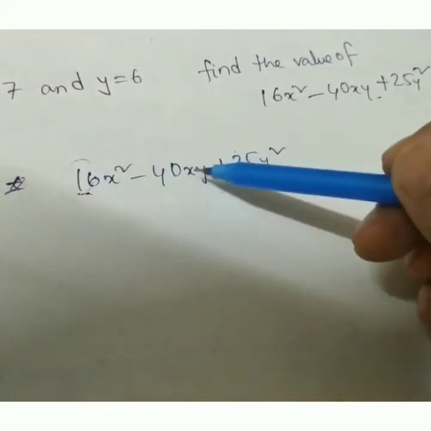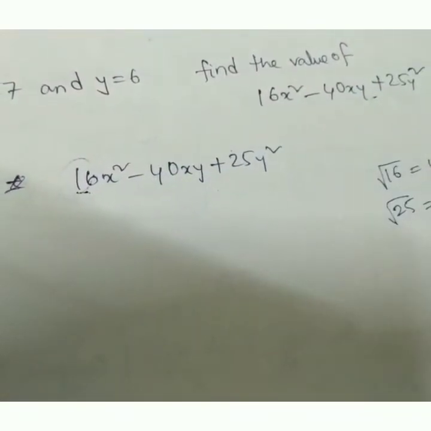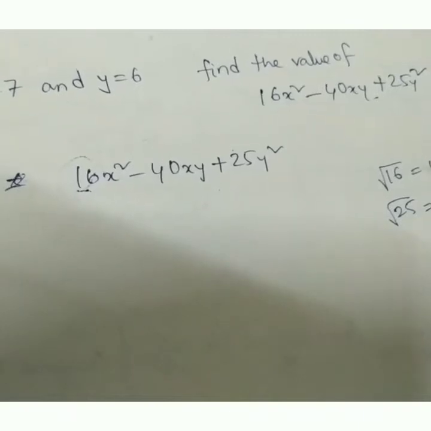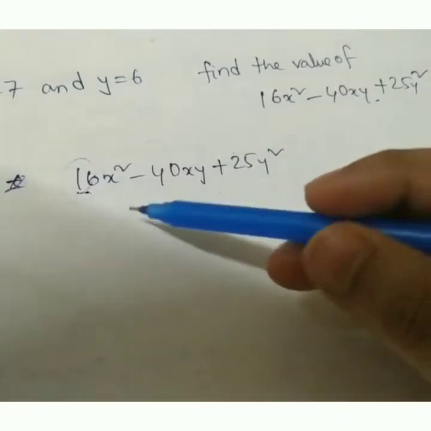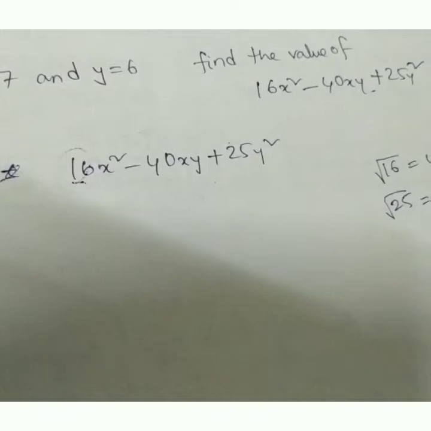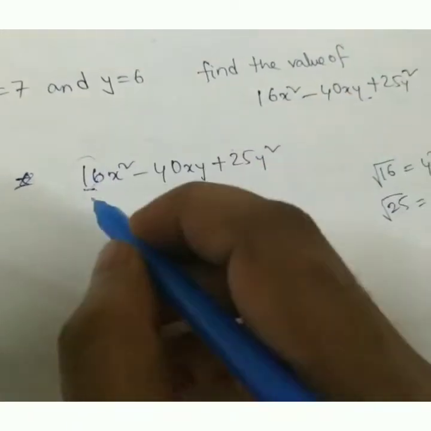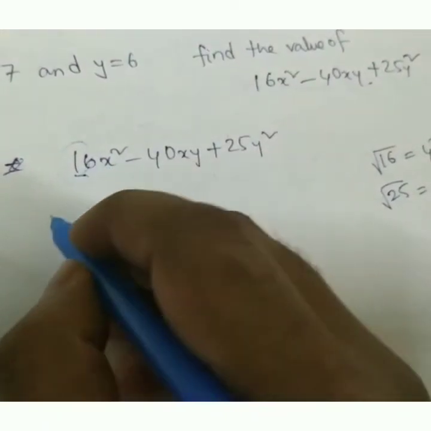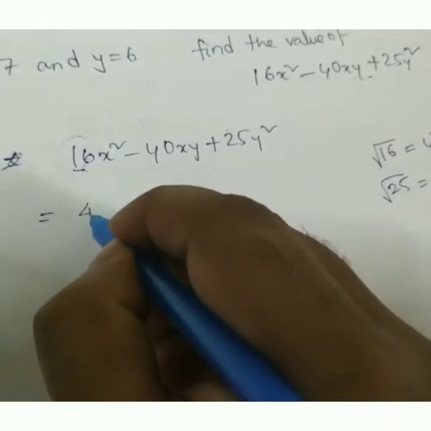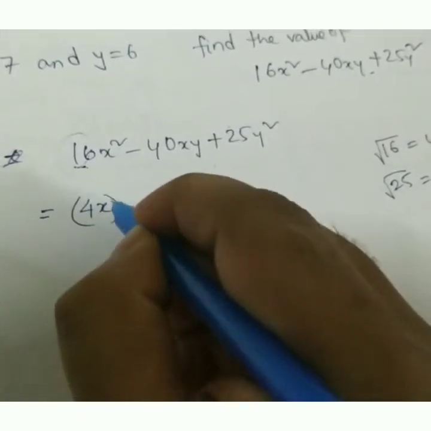Before even solving this problem, you at least need to know the square numbers from 1 to 10, because you will require this so that you can solve it easily. So now instead of writing 16x square, what can we write? Equals (4x) whole square